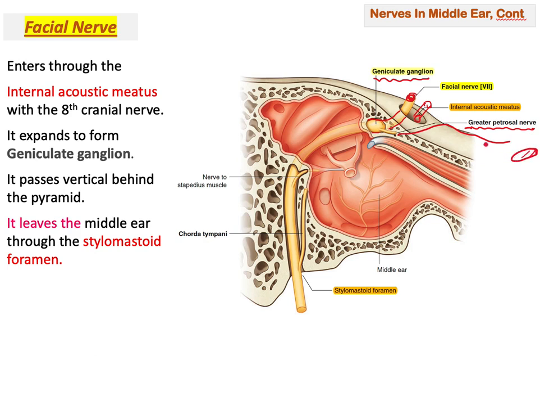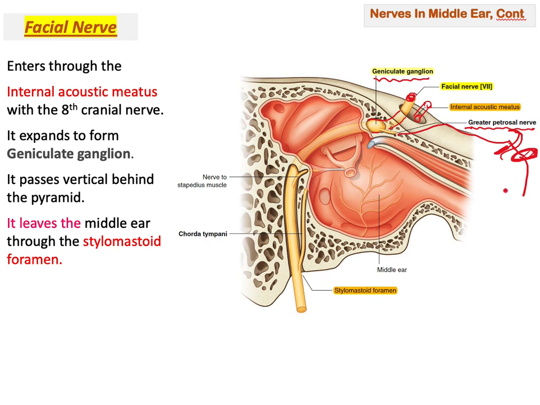On its way, there is the internal carotid artery, so it passes below the internal carotid artery, and it takes a branch from the petrosal nerve there, called the deep petrosal nerve, to form the nerve to the pterygoid canal. Anyway, once the greater petrosal nerve leaves through the foramen lacerum,